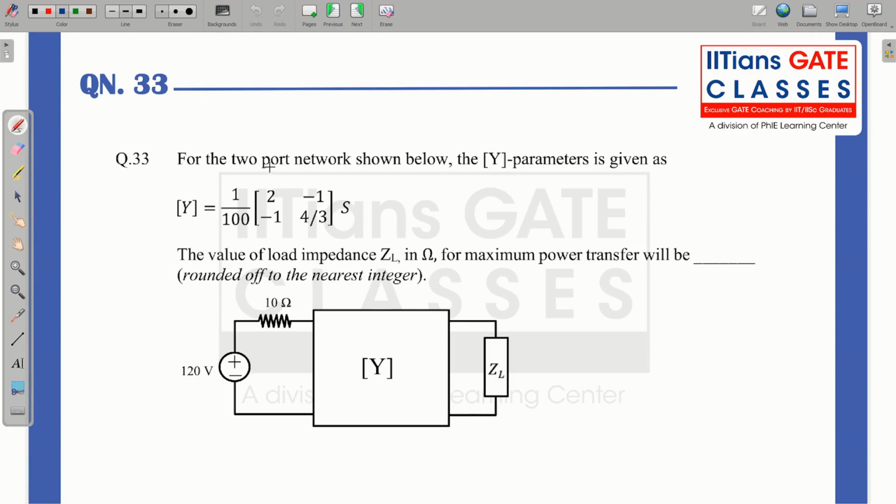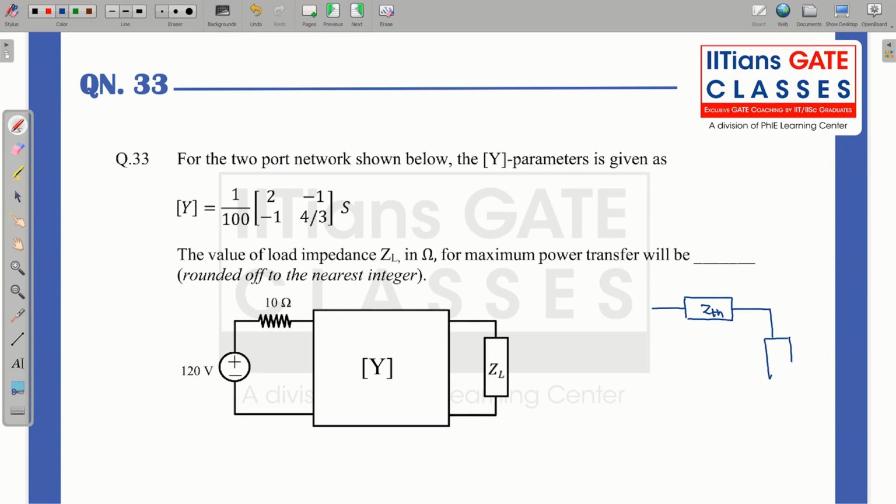So in the next question that we have, for a two-port network shown below, the Y parameter is given as this. The value of the load impedance ZL in ohm for maximum power transfer will be. So we know in a circuit, maximum power transfer occurs when your load impedance is equal